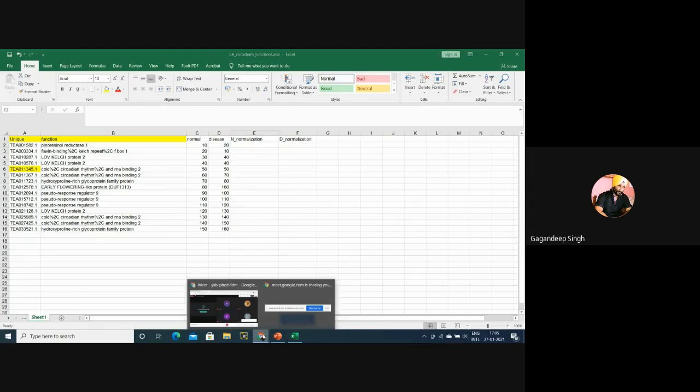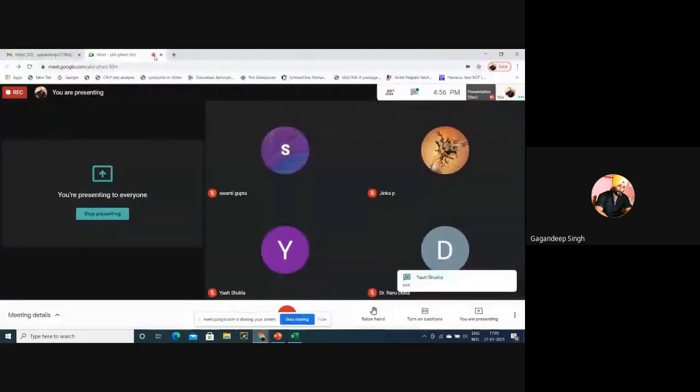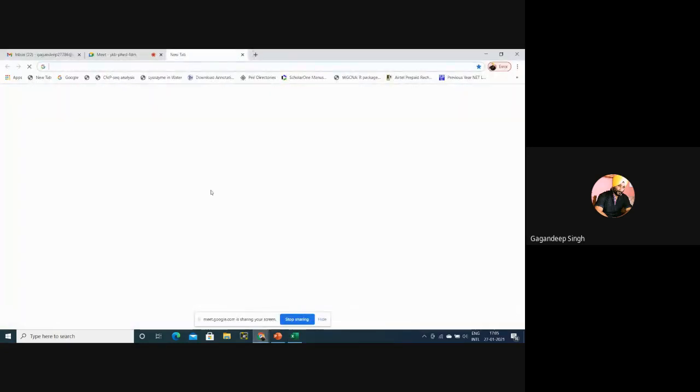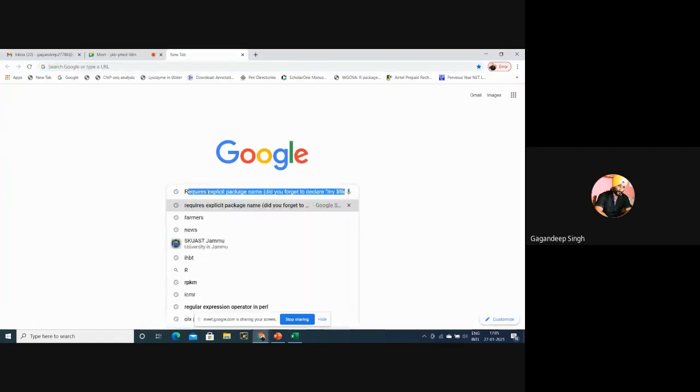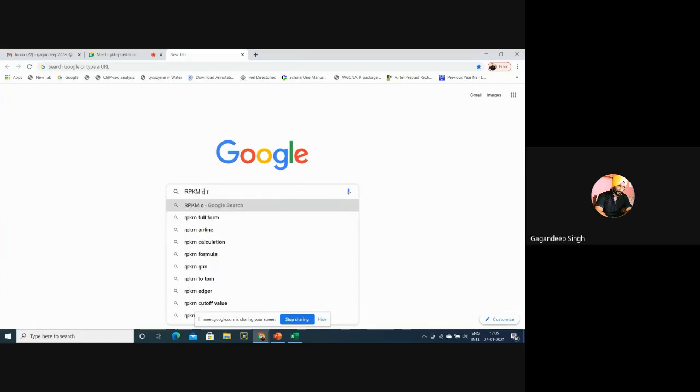First of all, we'll see how to calculate RPKM values. There is a simple technique, RPKM calculation. What is the RPKM formula?